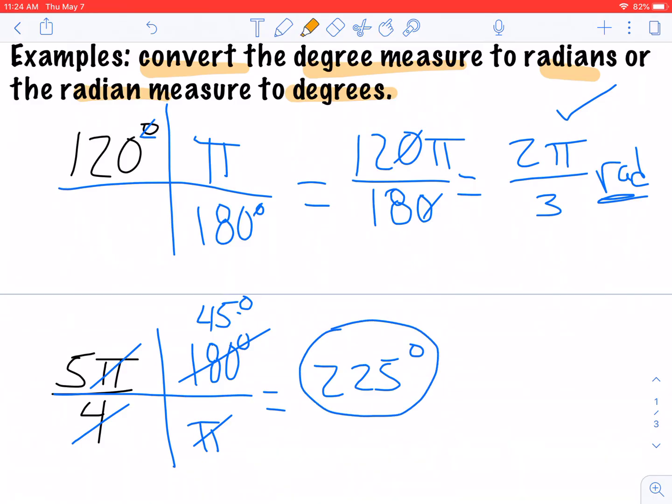So in short, we just use our factor label strategy and realize that if I'm converting to radians, then pi's in the numerator. If I'm converting to degrees, 180's in the